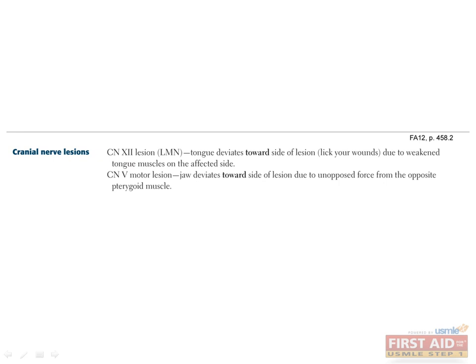Cranial nerve 5 mediates mostly sensory, but it has a small component to the masseter muscles. A positive jaw jerk sign deviates to the side of the lesion, suggesting an upper motor neuron deficit. When there's a problem with cranial nerve 10, the vagus, the uvula deviates away from the side of the lesion